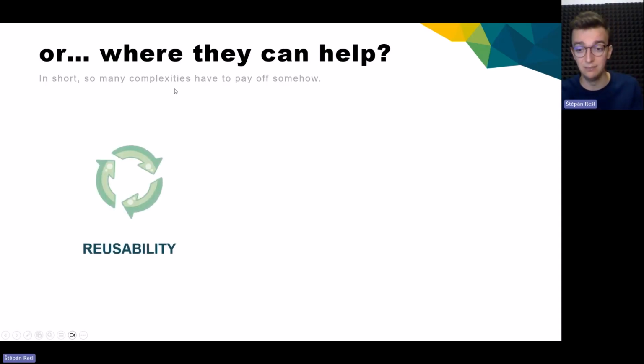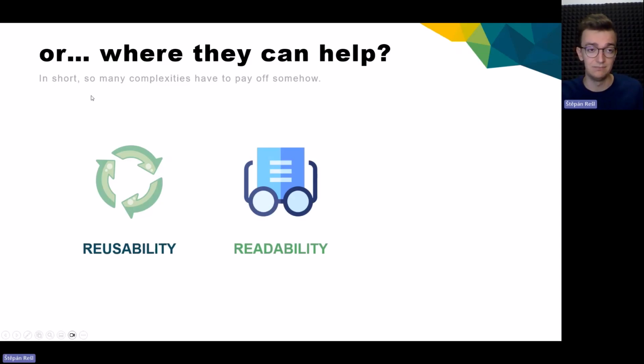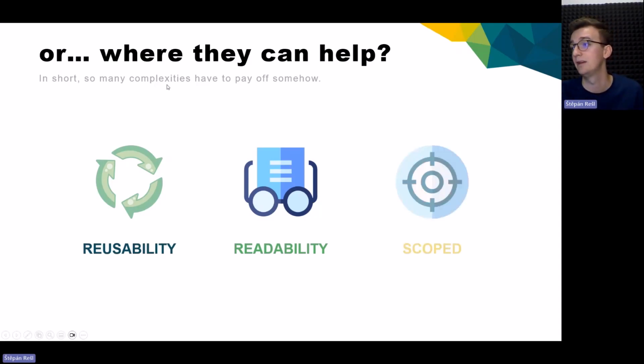The first of them is reusability. When you create some custom function, you're mostly creating it to prevent reusing the same part of code again and again. You would like to have it prepared and be able to use it in a snap. Next to that, we definitely have readability. And I will have a very quick showcase where you will be able to agree with me that they can support readability very highly. And they can be very nicely scoped, because